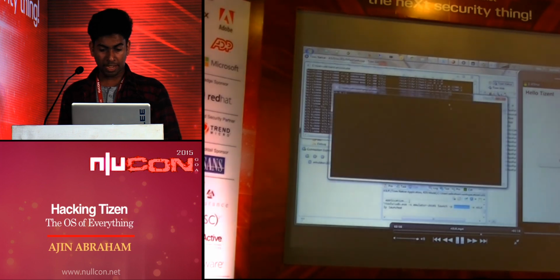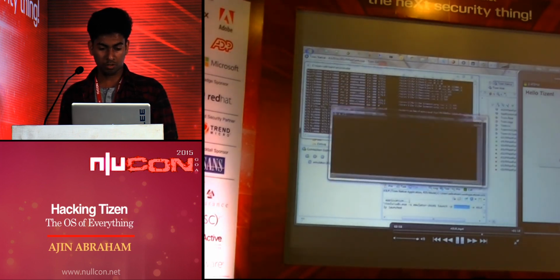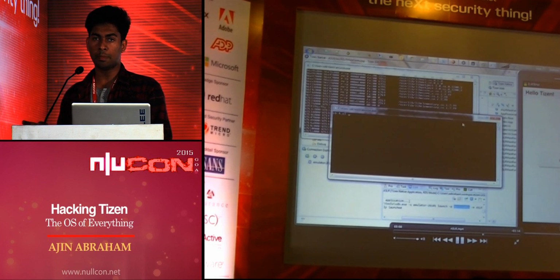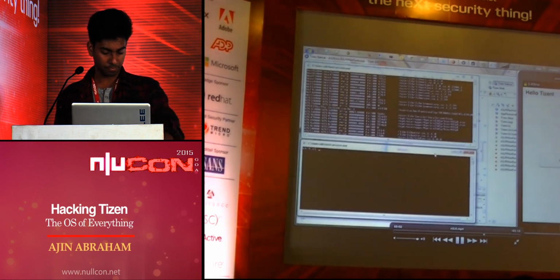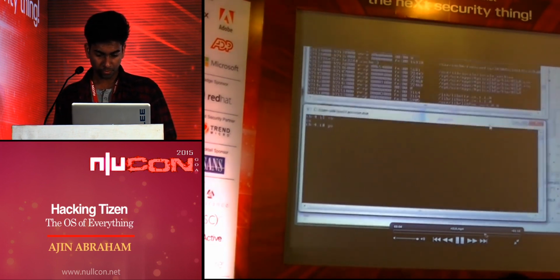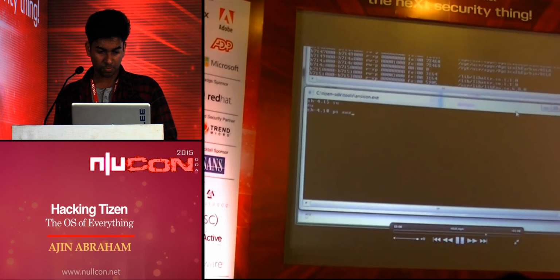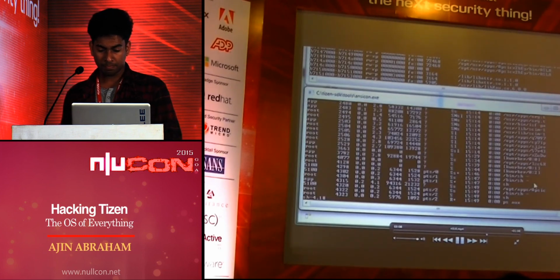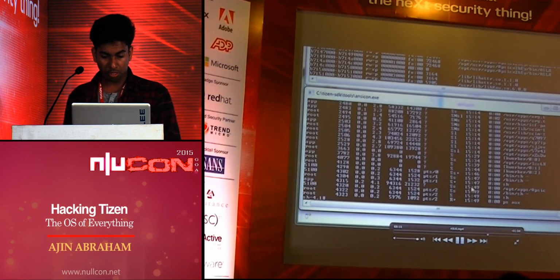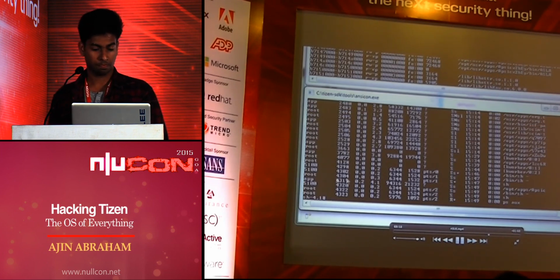I'm again trying to figure out the same thing. I'll issue the ps aux command again and find out the PID. Now the PID is 4315. So I'll again print the map of that PID.